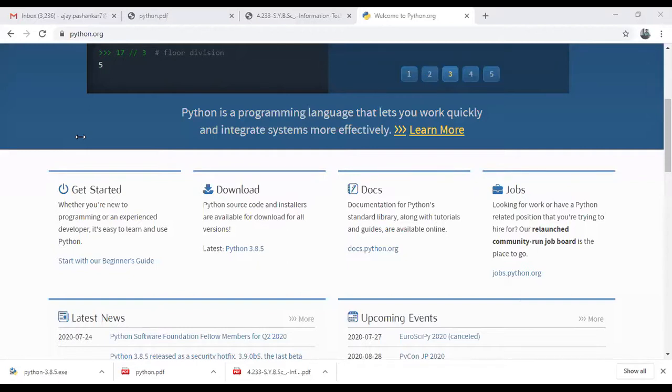So basically Python has two interfaces. One is this IDLE, which is known as shell scripting. You can notice this Python 3.8.5 is written as shell. You can create a new file. So the shell prompt is open. Suppose I am writing print welcome to SYT. It will be printed. So I am saving this file.